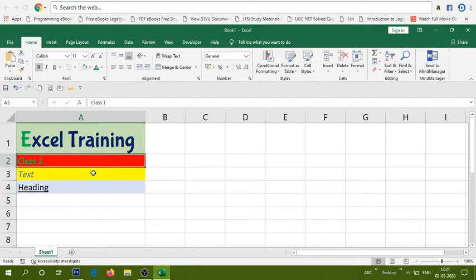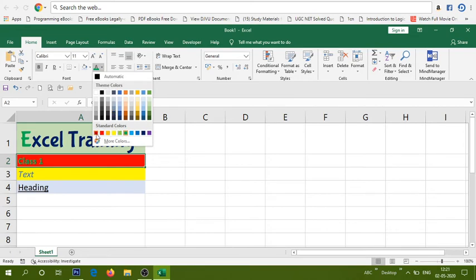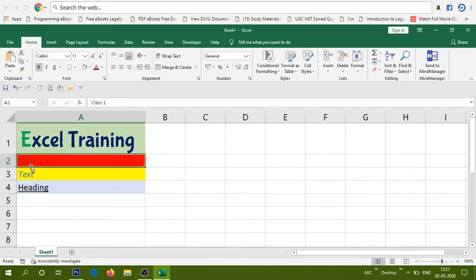But when you are typing and highlighting, the font color and the background color must be opposite. Suppose the background color is red and the font color is something like dark red, we are not able to see properly, right? So the font color must be light here so that we can see the content very easily. So choose black, like opposite colors. These are the font color options and fill color options.